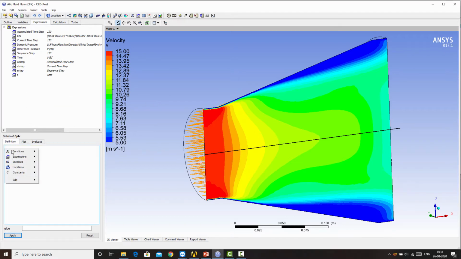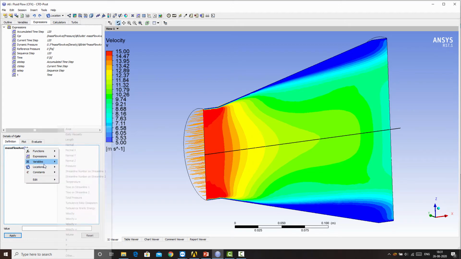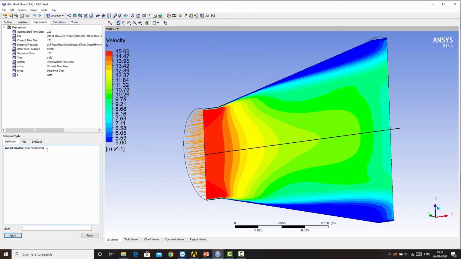So it is simply the ratio of the total pressures at outlet and inlet. So we will use the mass flow averaging variable. We will find it in the solutions tab. Yes, it's total pressure. The location is outlet.